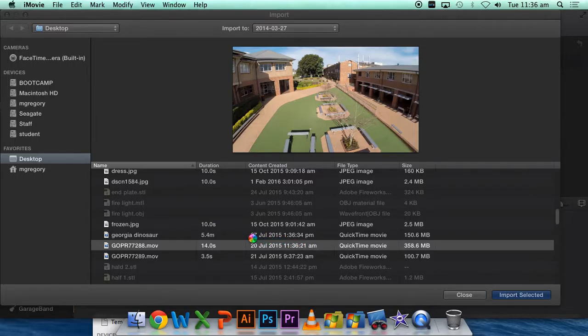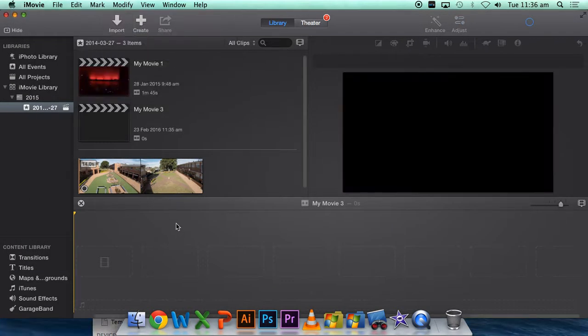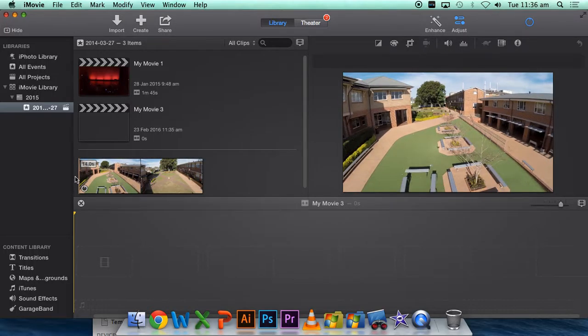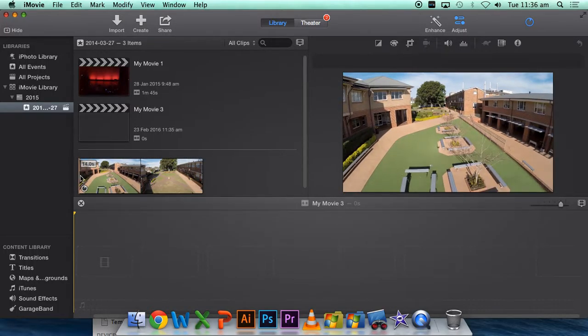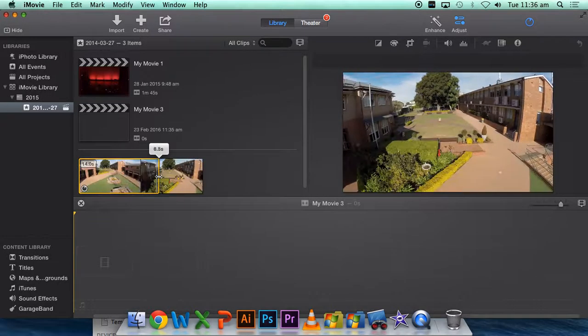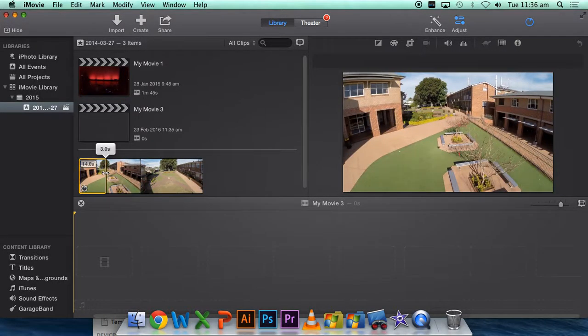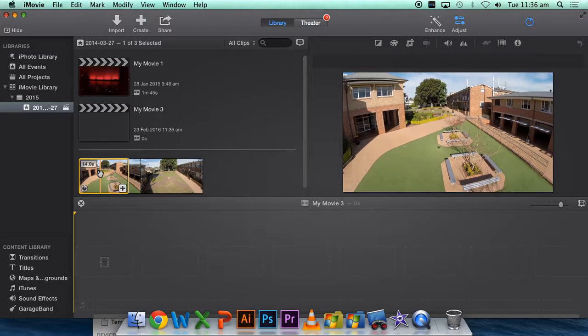Now if I click Import Selected, what this is actually doing is importing my video into my personal drive, so my Miss Gregory drive on our school network. So you need to make sure that after you've finished your project that you clear those files off, okay, that you actually delete them. So now I've got a 14-second clip of the quadcopter flying over the school, and so